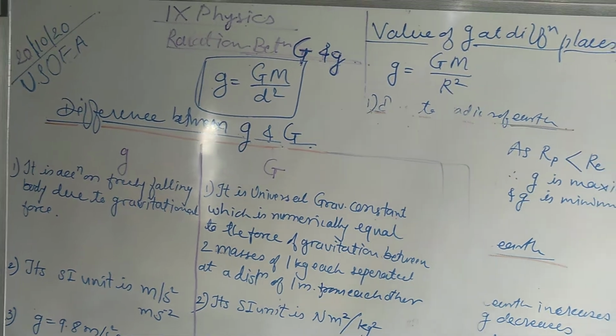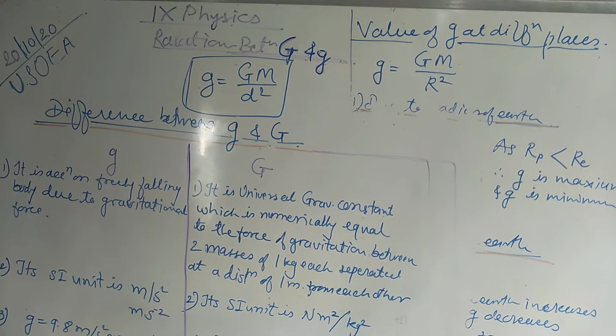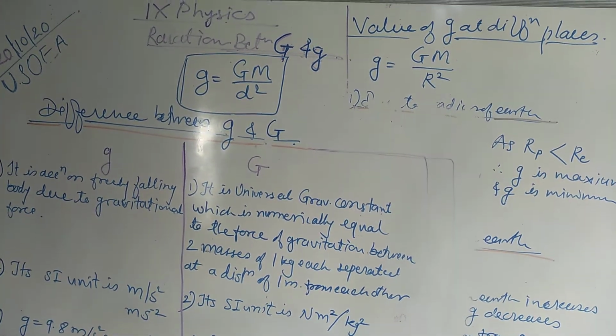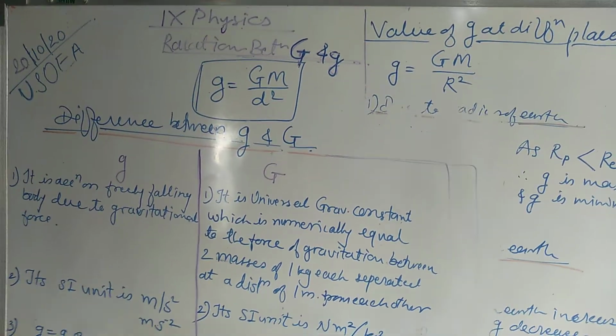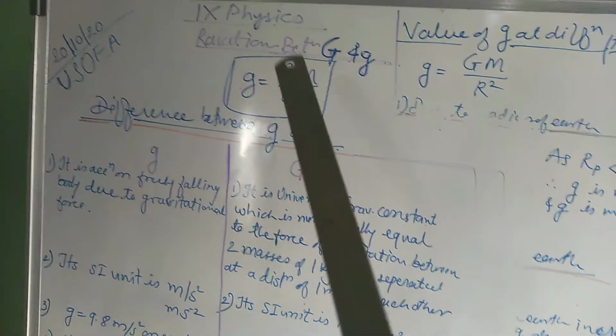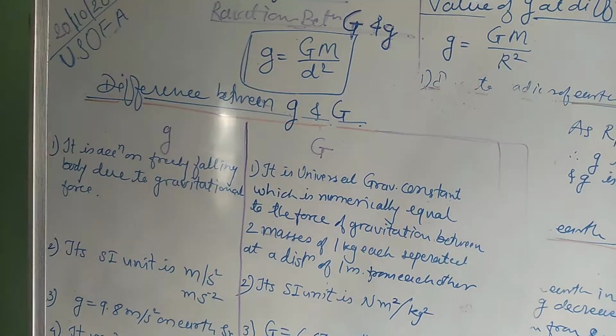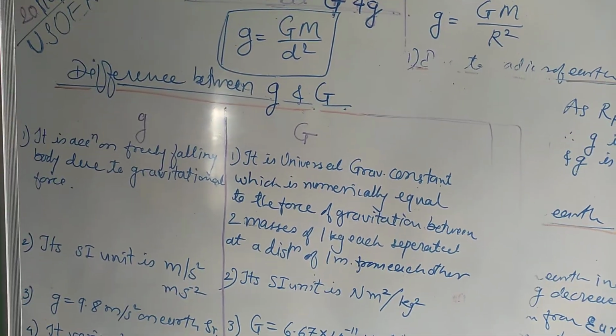We have already seen the relation between the universal gravitation constant and the acceleration due to gravity, and this is the relation between them. Now we are going to find out the differences between the small g and the